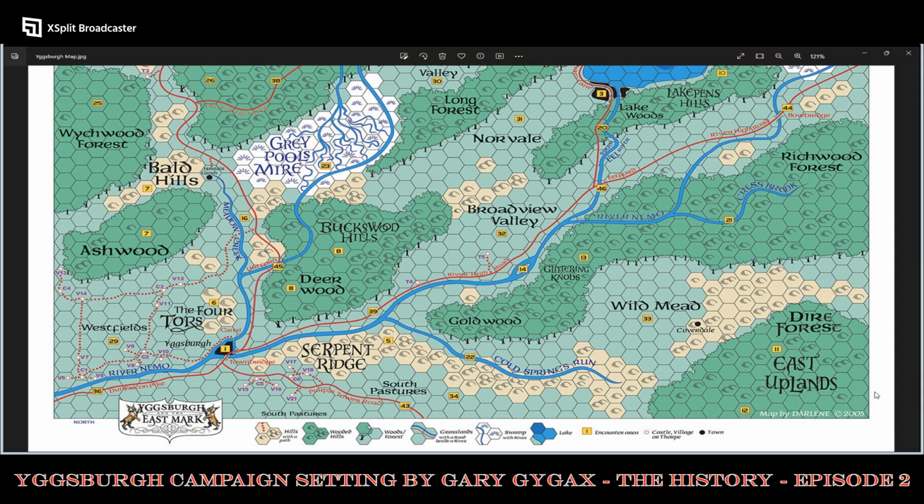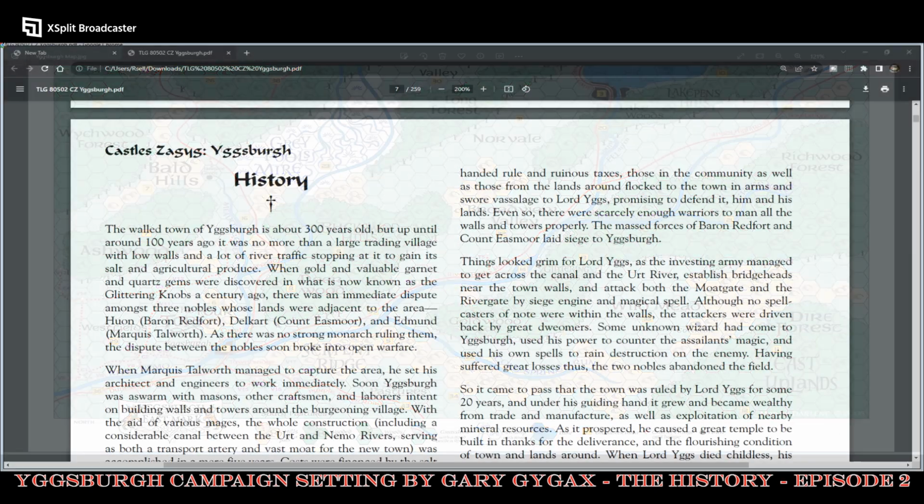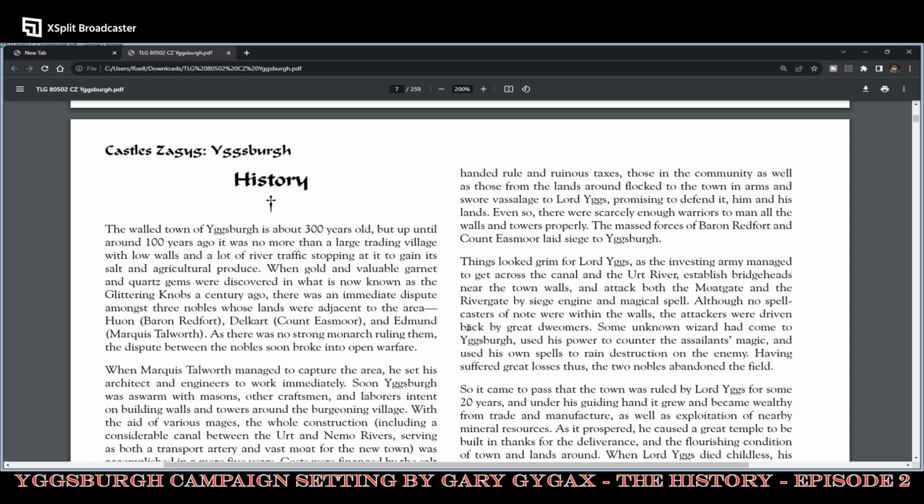So now I'm going to take a look at the text itself. Here we have it. This is from Castle Zagyg, Yggsburgh. The town of Yggsburgh is about 300 years old, but up until around 100 years ago, it was no more than a large trading village with low walls and a lot of river traffic stopping at it to gain its salt and agricultural produce. When gold and valuable garnet and quartz gems were discovered in what is now known as